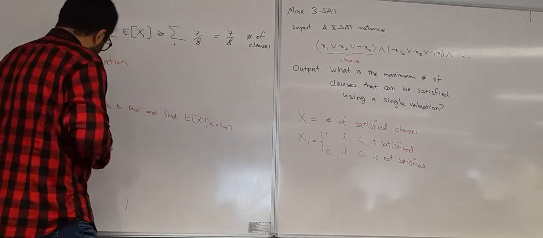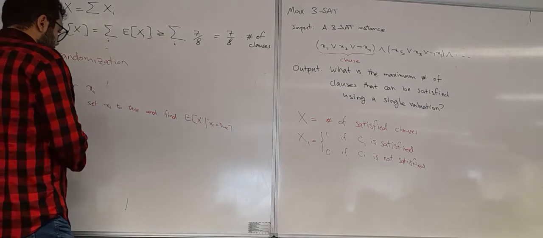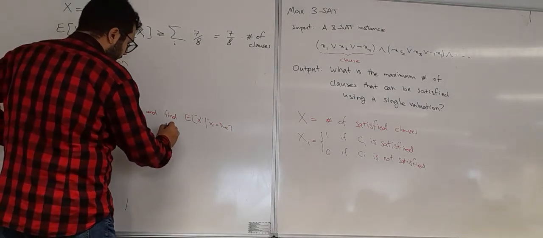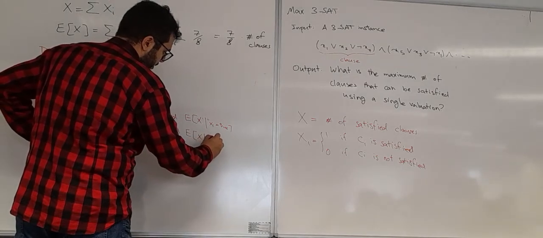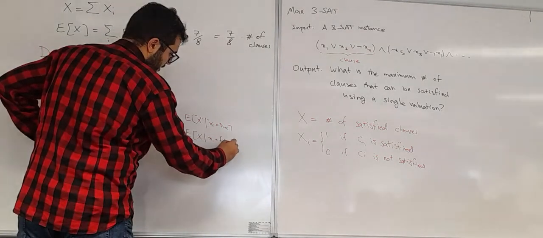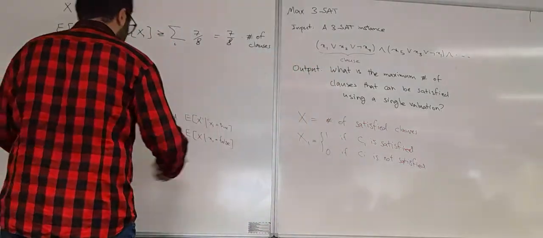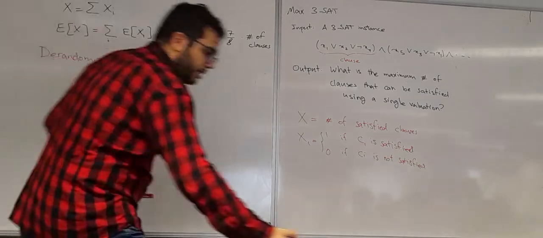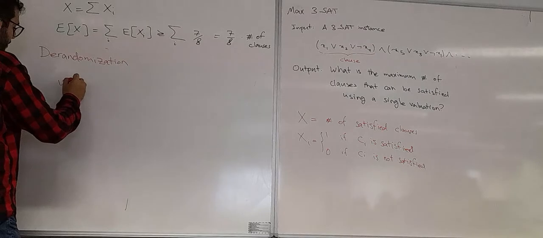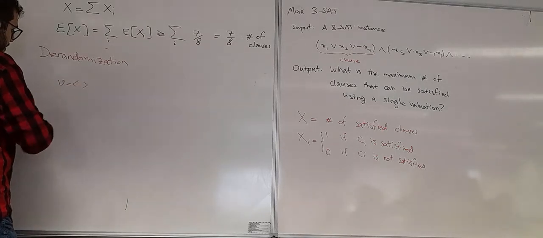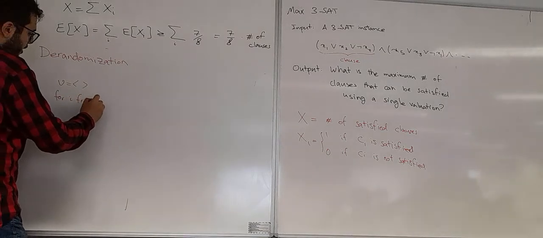And then do the same thing: find the expected value of x, assuming that xi is false. And just continue based on that. I want to write a nice pseudocode here. I can have some v that basically gives me values for the xi's, and originally v is empty. And then I just say for every i from 1 to n,